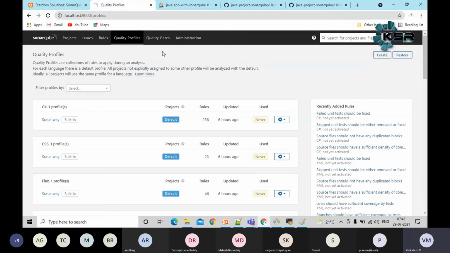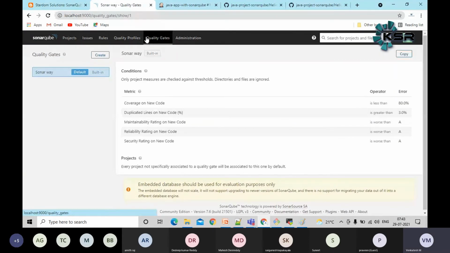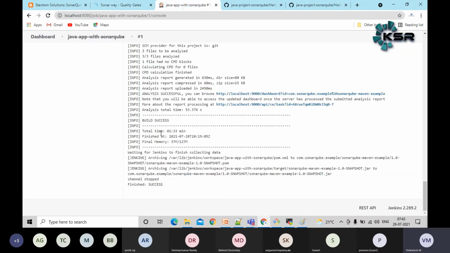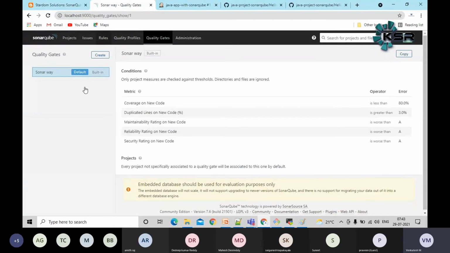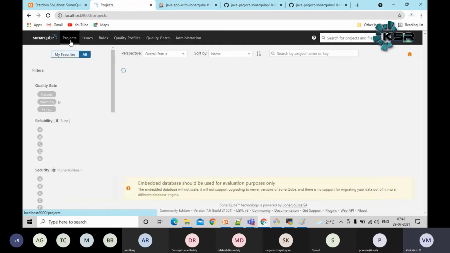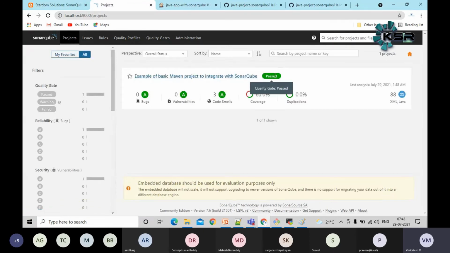Okay, guys. We have one more topic to cover, quality gate. As I mentioned, we can define a set of rules, guys. We can also make sure that if the code quality is not up to standard, we can integrate SonarQube with Jenkins, and we can mark the job as a failure. That one also we can do. By default, I have something like Sonar Way. This is my quality gate. That means when you click on the projects, you can see whether this is passed or failed. Passed means this succeeded, guys. Failed means the quality gate failed.